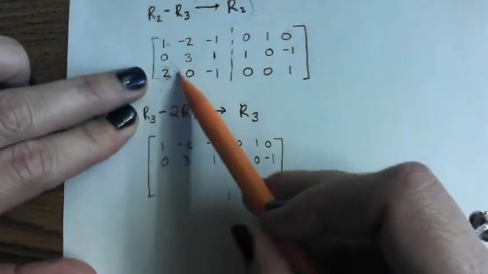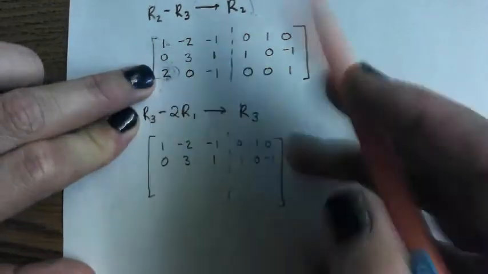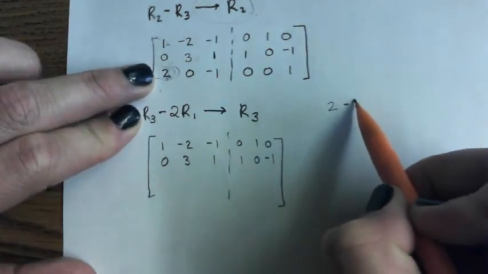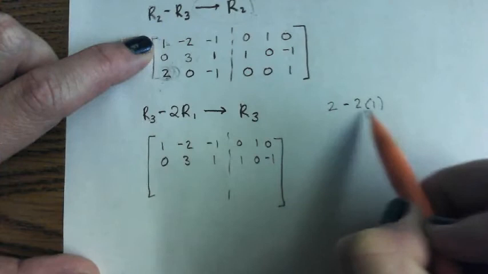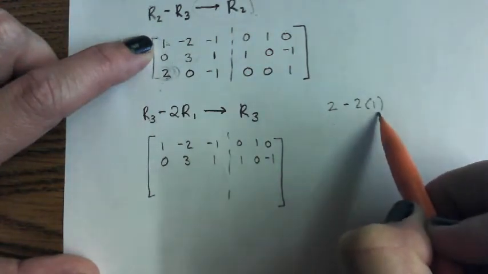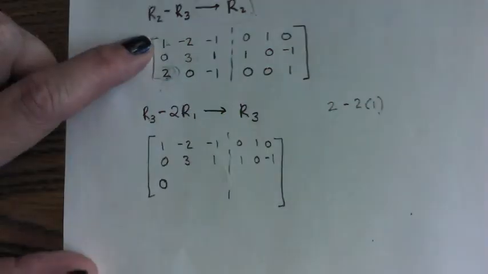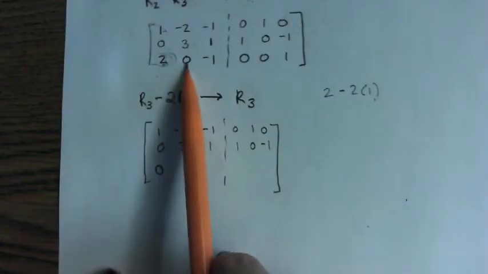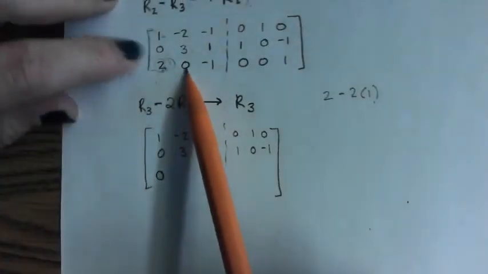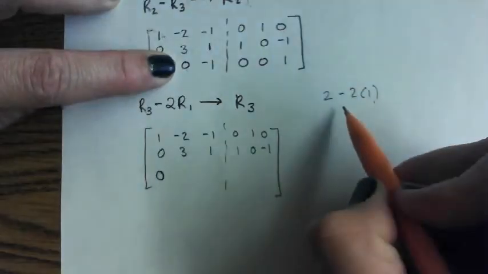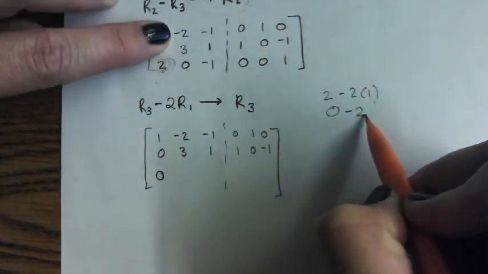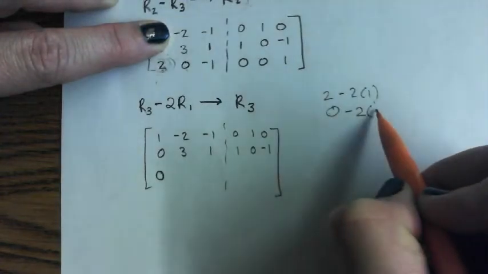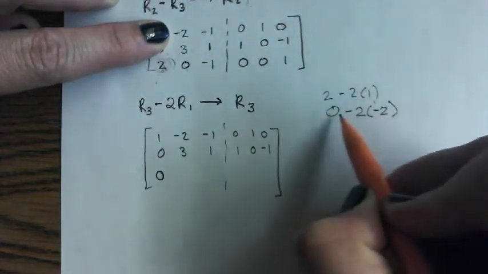Your row 3 number, and we're just doing the first spot, is 2 minus 2 times my row 1 number there. What is that? 0. So that fills your bottom left. Move to the next spot. Row 3 in this spot is 0 minus 2 times the row 1 number in that second column, which is negative 2, so that all becomes